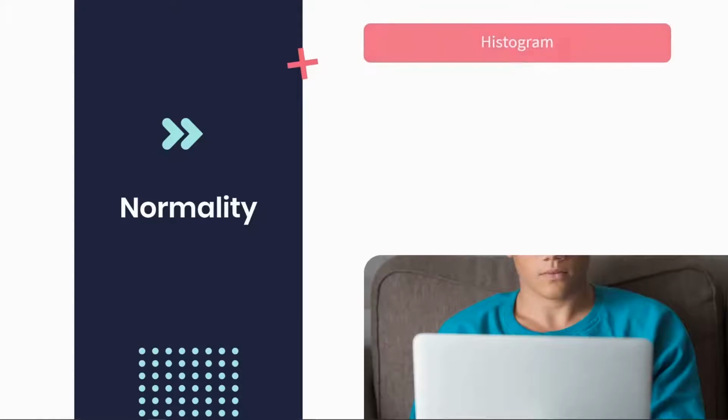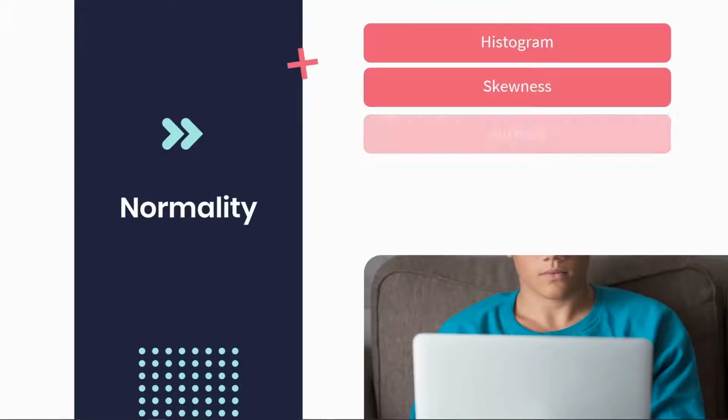Methods like histograms, skewness, and kurtosis can be used to check for normality, meaning that these methods can help us decide if the distribution is normal or not. As we know, a histogram is useful to visualize the distribution of the data over a continuous interval and provides the frequency of events per value for the data.